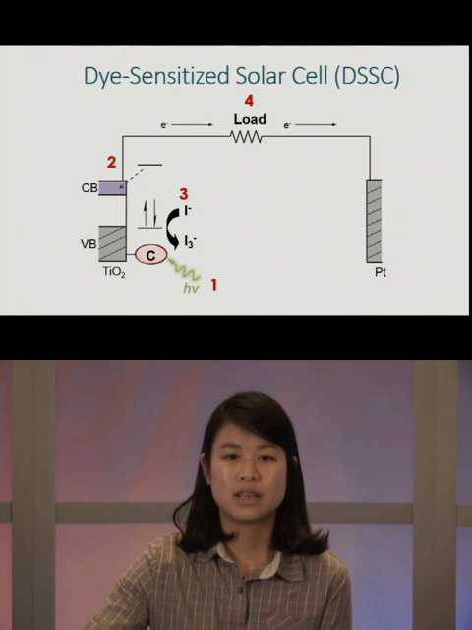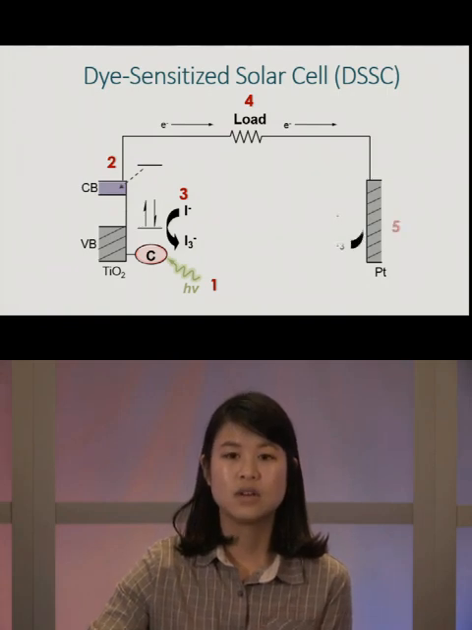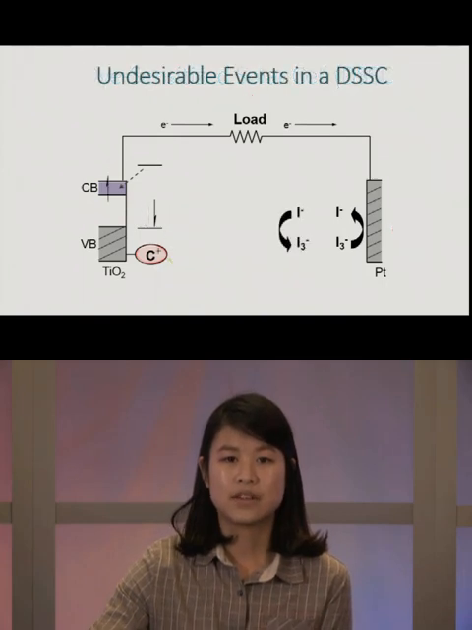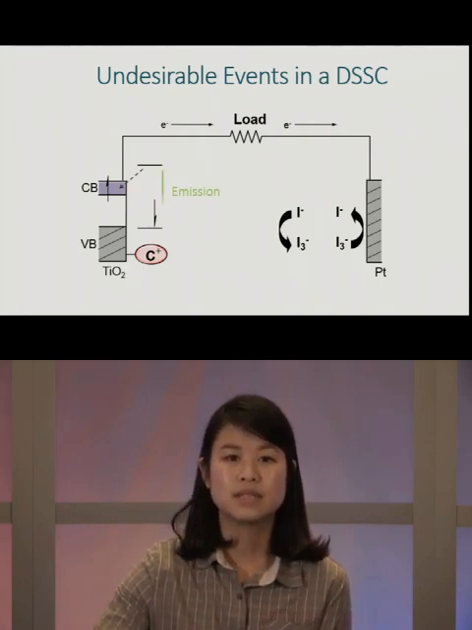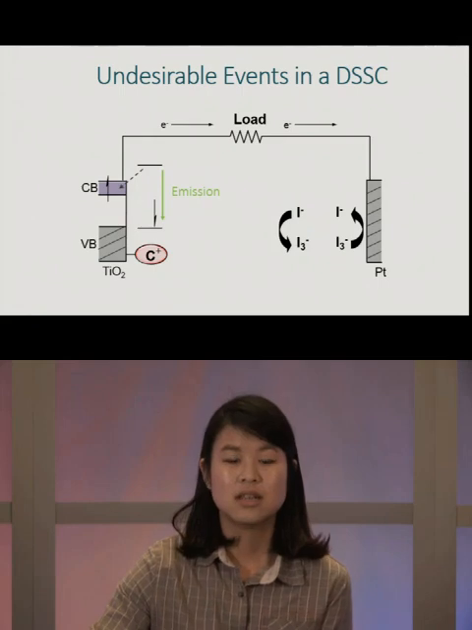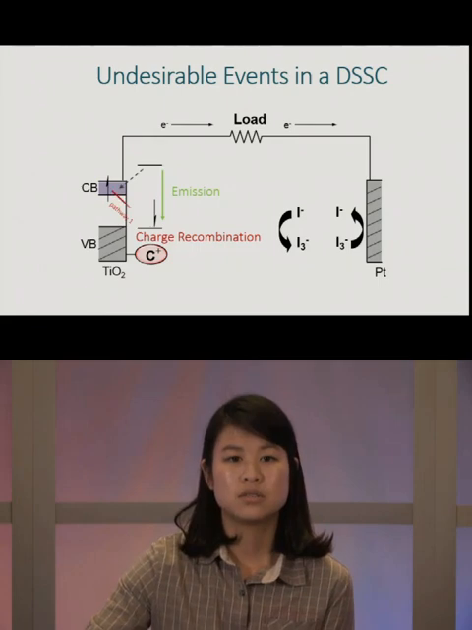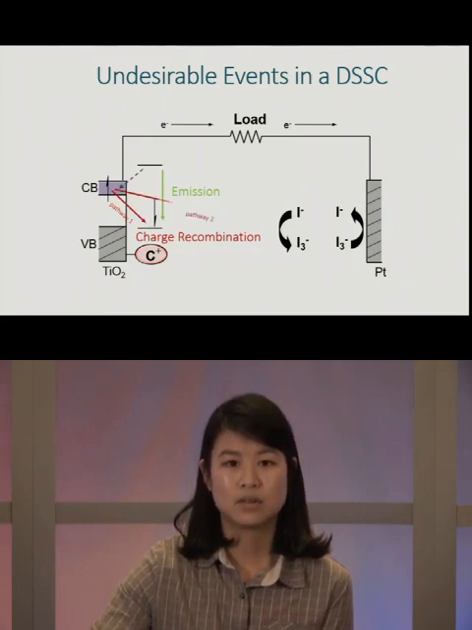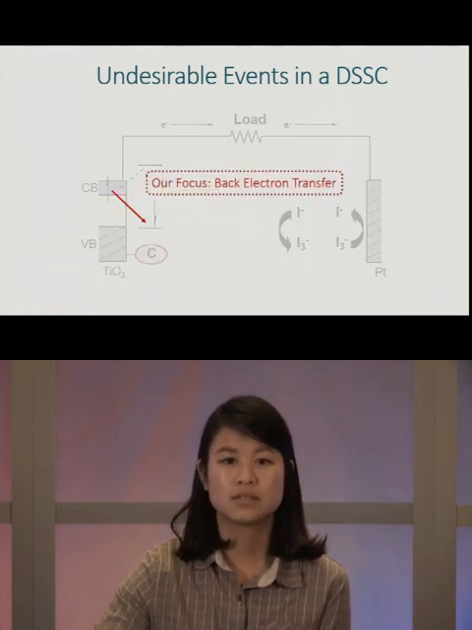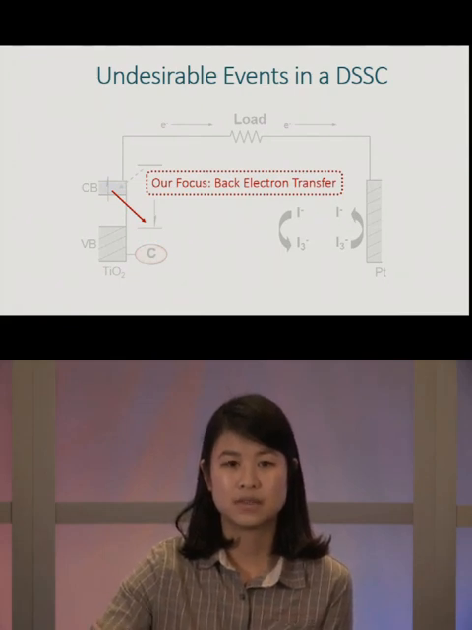So this lower energy electron will return to the counter electrode and then reduce the triiodide back to iodide to complete the circuit. However, there are some undesirable events in a dye-sensitized solar cell. For example, the excited state could relax back through a fluorescent emission. Or after it is injected into the conduction band, it could charge recombine with the oxidized dye or with the redox couple. So in this paper, we focus on trying to slow down this back electron transfer rate with the